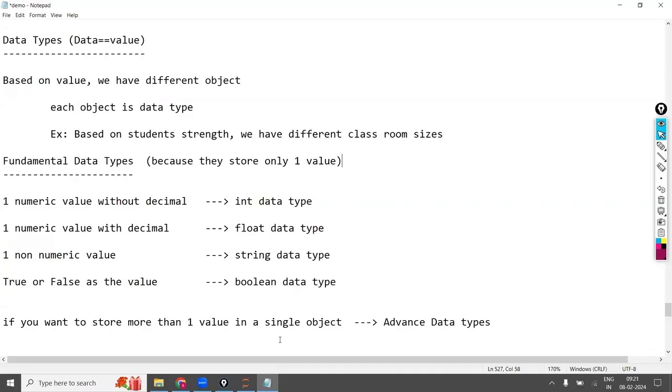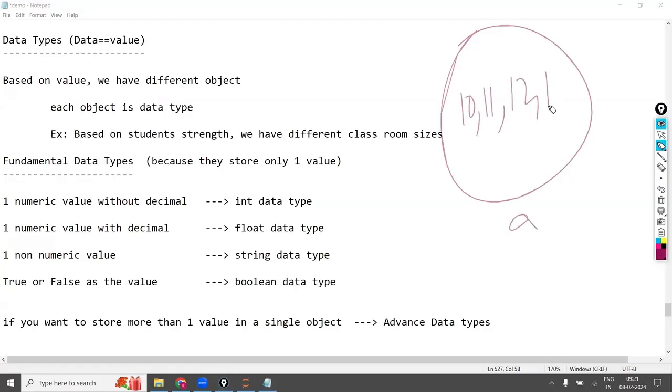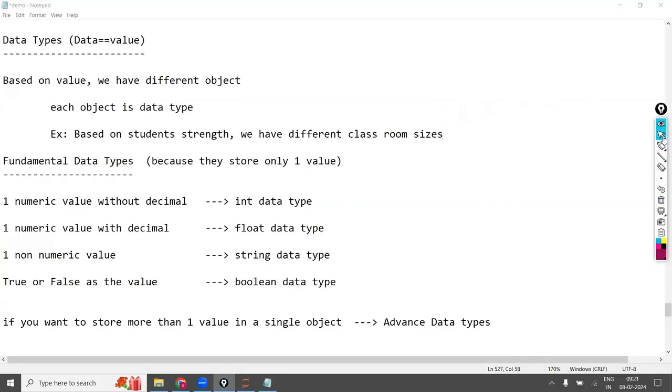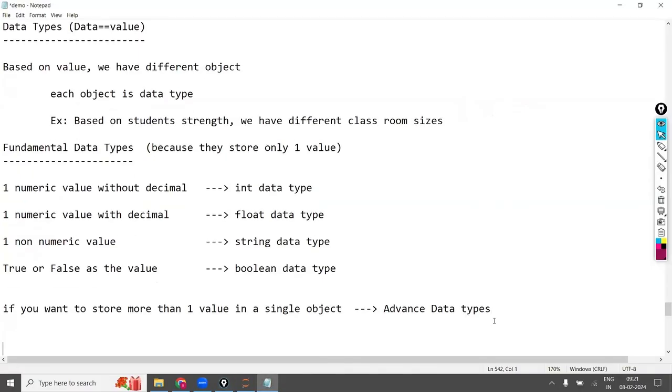If you want to store more than one single value in a single object, the object is one only, but inside A you require 10, 11, 12, 13, like this, multiple. More than one means infinite, no restriction. Then in that case, you have to go with the advanced data types. First one is the list data type.